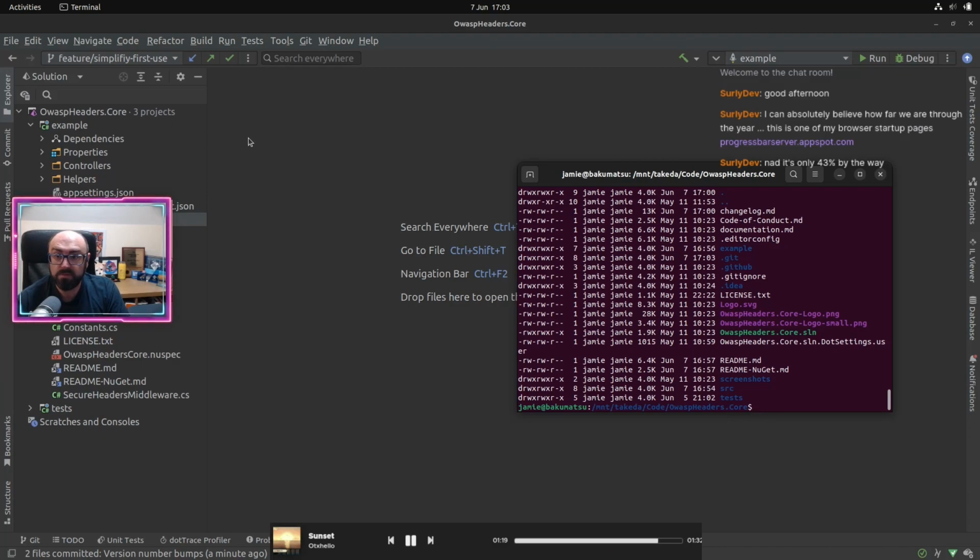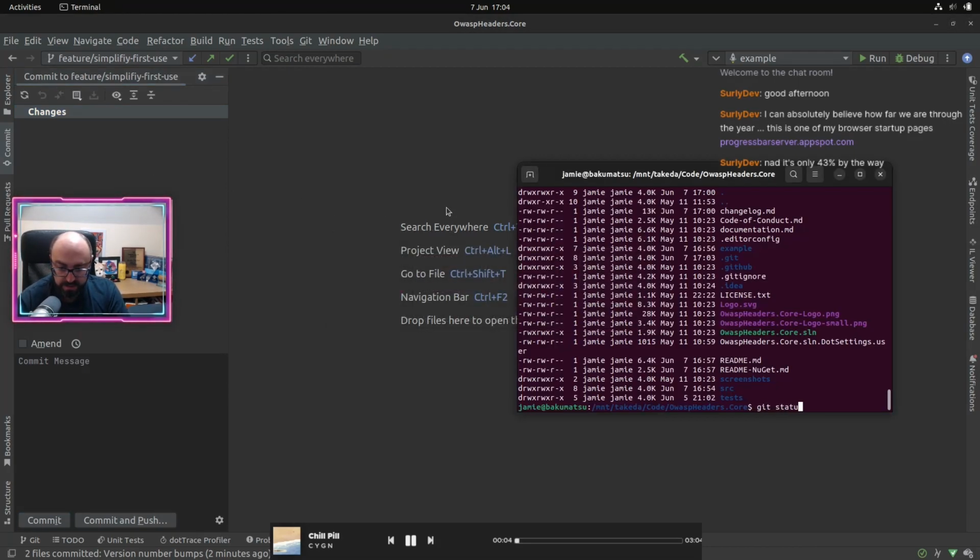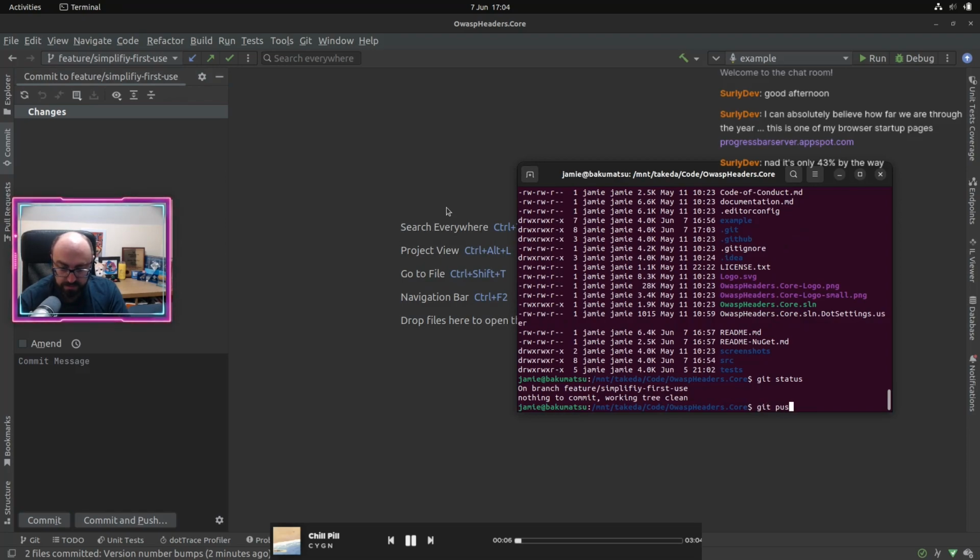Now, Rider works with one set of spaces, tabs and line endings. Visual Studio works with a completely other. Visual Studio Code tries to use whatever your operating system is, and editor config tries to ratify all of that. So let's see what it's done. No changes. Fantastic. Make sure that that's right. Git status. Excellent. Do a git push and it'll be like, hey,